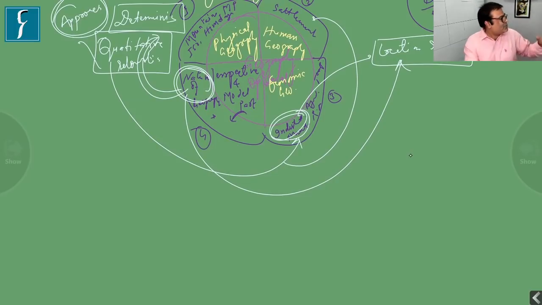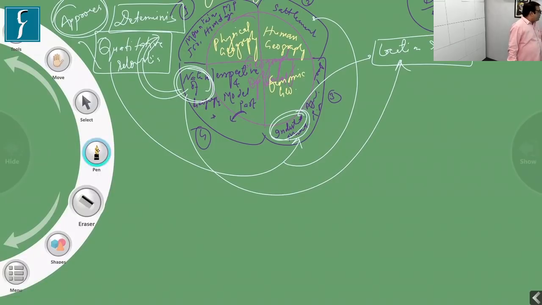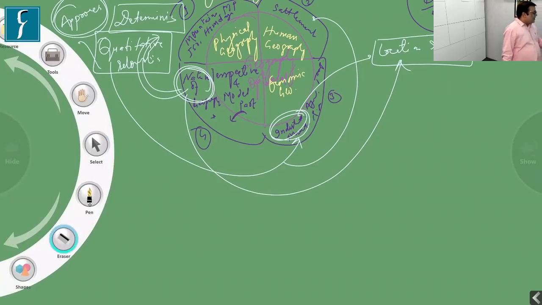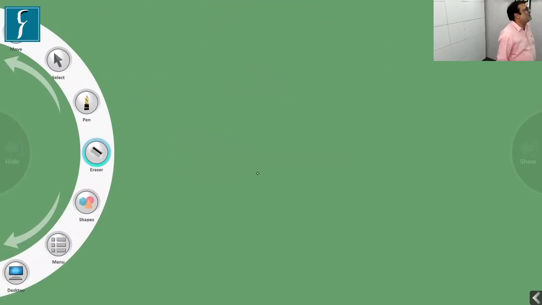So here, this is the approach we should take when we talk. Now, I will give you the idea of how to prepare and how to talk about this thing, how to write a good answer, how to make the interrelation, and how we will be going through the entire session of the geography optional in those upcoming months. I will take a few of the topics so that you will understand it.